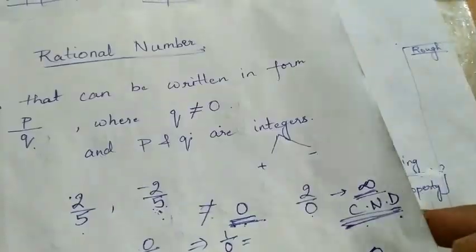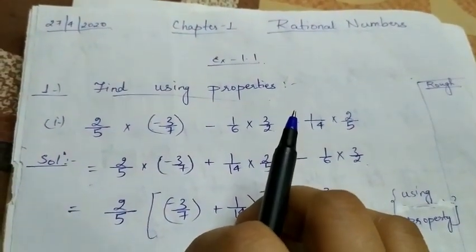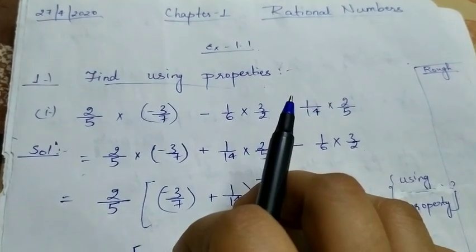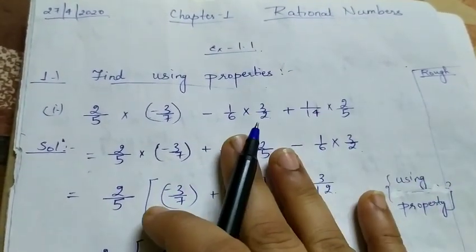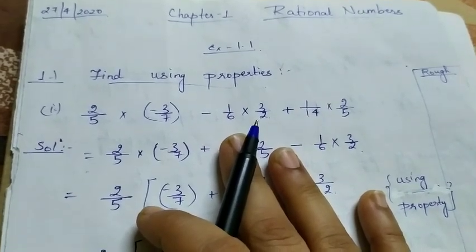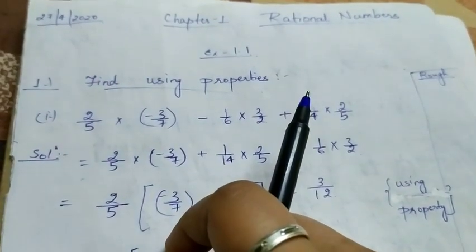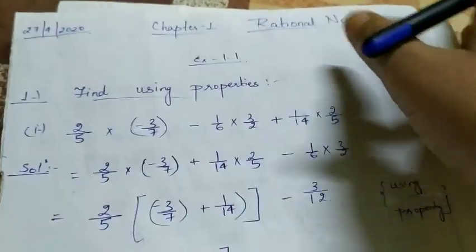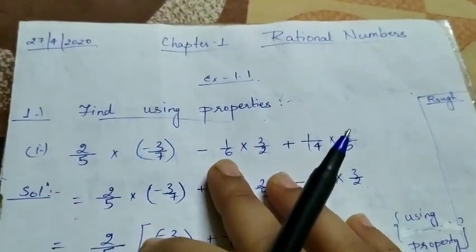So you have to start in your copy, in the fair copy. One PDF is attached with this video, and you have to follow all the guidelines given in that PDF. You have to leave 2-3 pages before starting any work in the maths copies. On the first page you will write the index, on the second page you will write the portion, and on the third page you will start the chapter. The first chapter is rational numbers, as we all know, and we are going to start with the exercises.